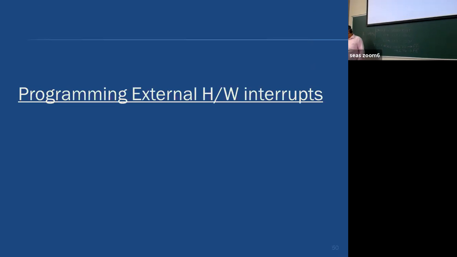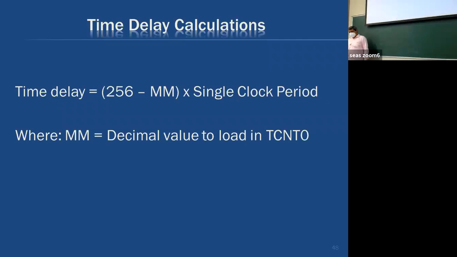Fine. So we move forward. Programming external hardware interrupts. So any question here? The negative numbers, I think it is clear, and the textbook program that uses the shortcuts should be clear. If that is clear, we can move on to programming hardware interrupts. Yes or no?